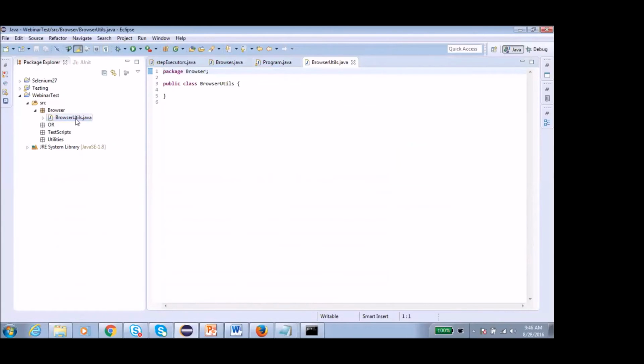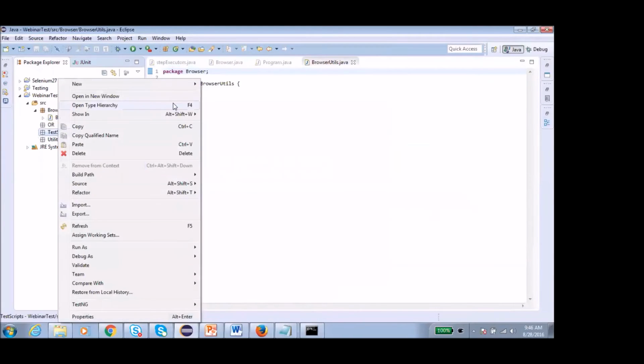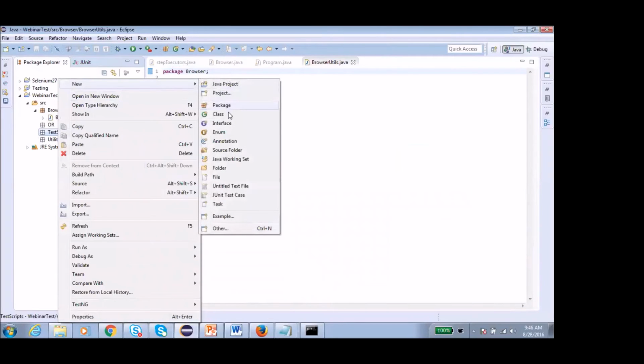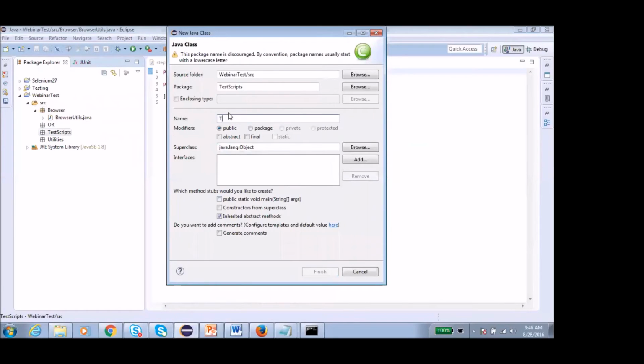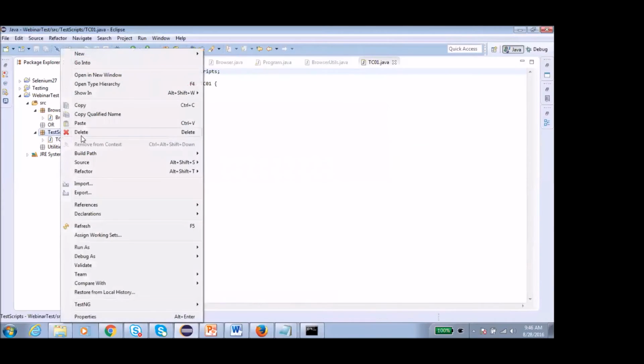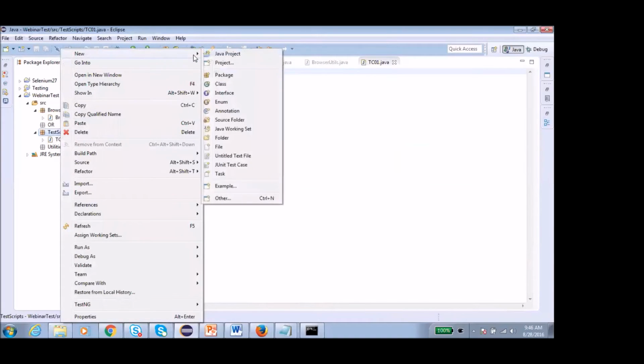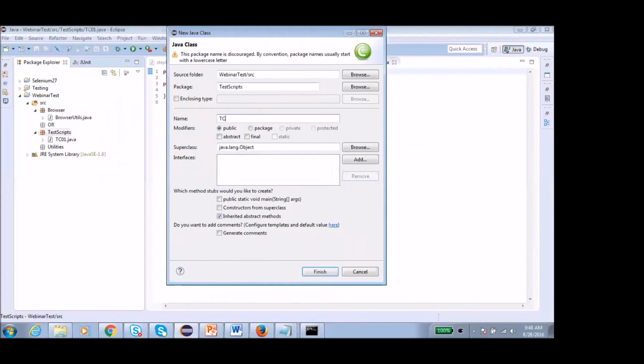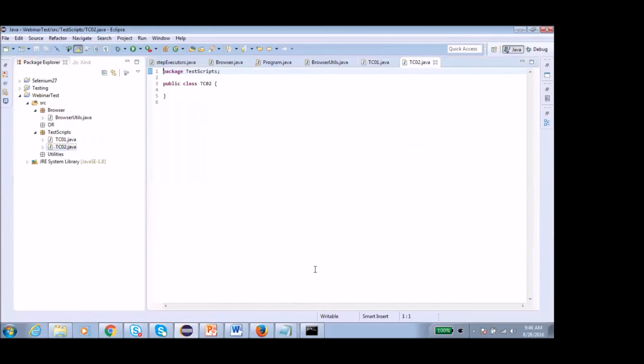So browser utils got created. Similarly for test scripts, just create a class and write TC01. This is the first test which we want to automate. If we have 500 or 1000 cases, we have to create different classes. The best practice, when we go to advanced level, is to see how we can use these classes for multiple scripts.